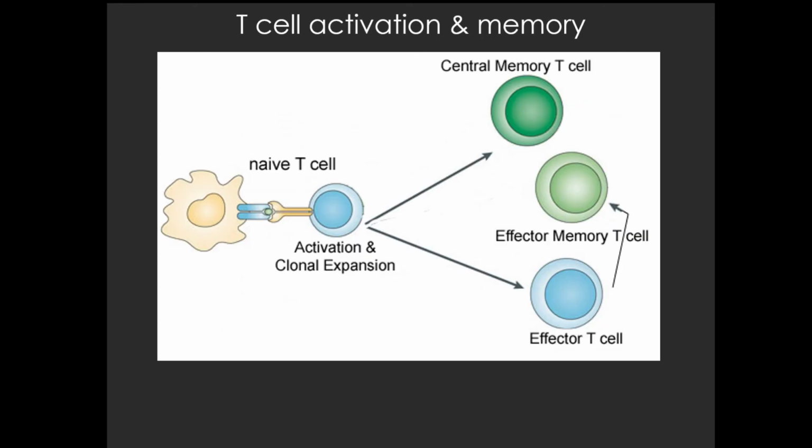For T cells, just like it does with B cells, the activation of a naive cell results both in something that's going to do work right now, but also results in the production of what are called memory cells, right? You'll remember from the previous lecture that naive B cells differentiate into memory B cells and plasma cells, which secrete antibody. The process is a bit different with T cells. T cells differentiate into effector cells, which go out into the tissue space. And after infection is over, some of those effector cells actually become effector memory cells who stay out in the